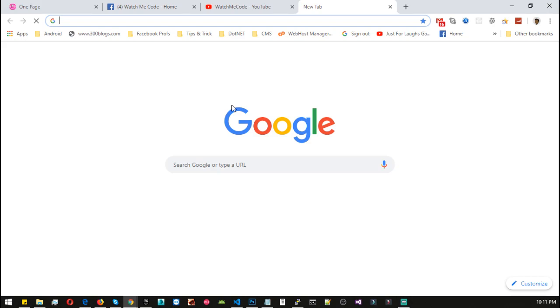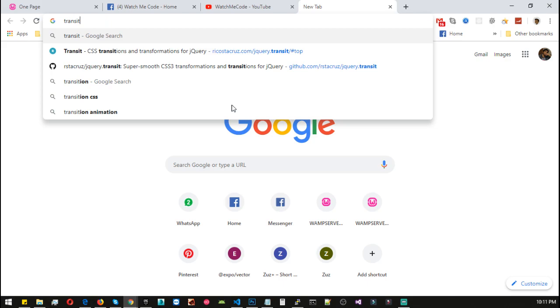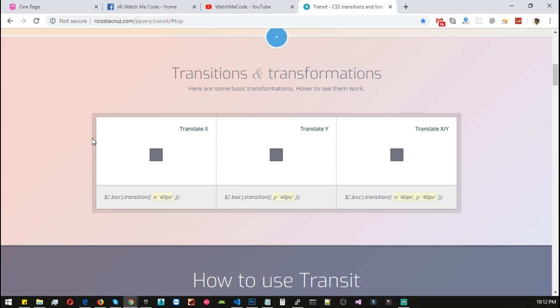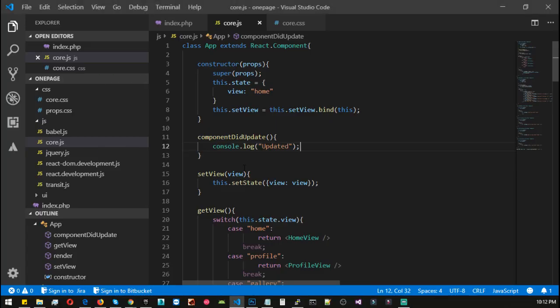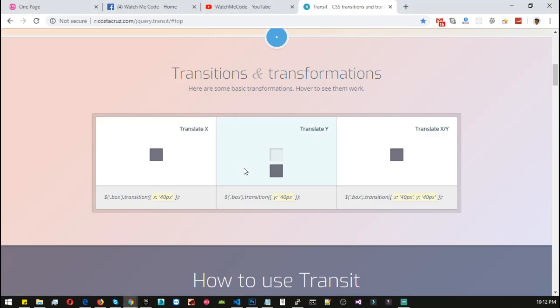Now we should check for the updated component, and we should call the transit method. And the Transit library, let's search for it, Transit, and it has nice animations for jQuery, and we should animate it out of the screen. So let's call it $ dot content dot transition, and we need to animate our X, and our X will be,